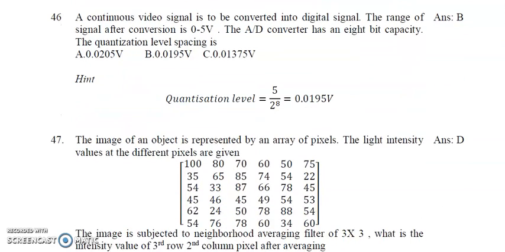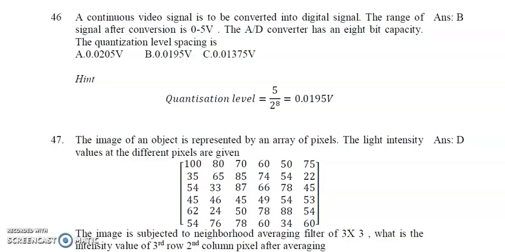Question 46. A continuous video signal is to be converted into a digital signal. The range of signal after conversion is 0 to 5 volts. The A to D converter has an 8-bit capacity. The quantization level spacing is: A, 0.0205 volt; B, 0.0195 volt; C,